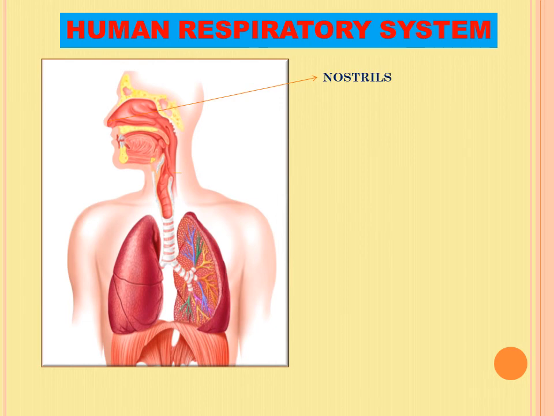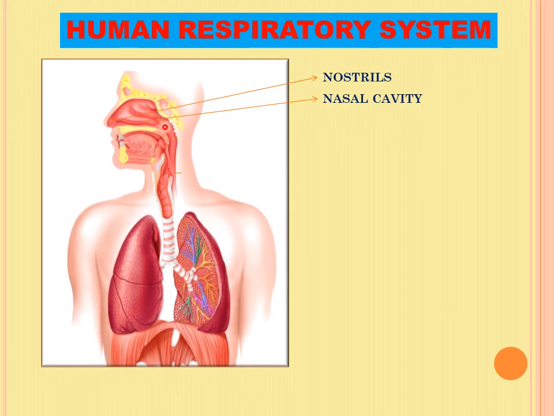First part is nostrils. Nostrils are the two openings which are responsible for inhaling the air. And we know the next part after the nostrils is the nasal cavity, or nasal chamber, or nasal passage. We know the inhaled air, after passing the nostrils, moves towards the nasal cavity. This is the portion nasal cavity, and this one is your buccal cavity. So here we have to discuss only the nasal cavity.